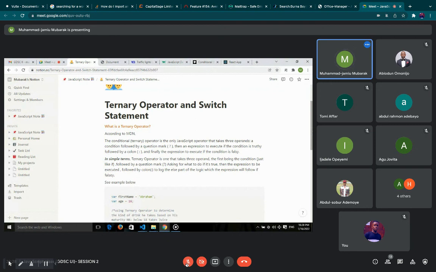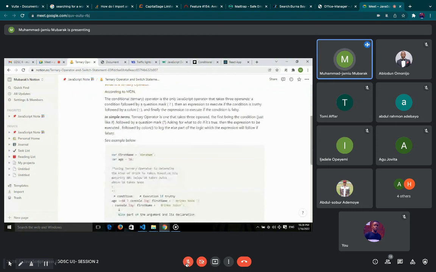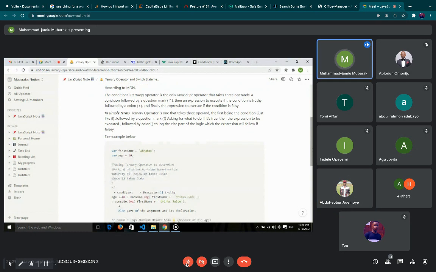See the example below. First name is Abraham, age is 16. Using the ternary operator to determine the kind of drink he takes based on his maturity. Note, below 18 takes juice, above 18 takes soda. See this kind of scenario. I just want to test: should this person take soda or should this person take juice? So the condition is that when age is greater